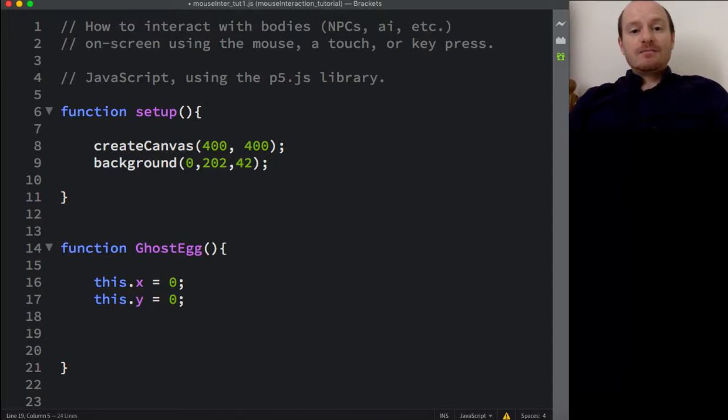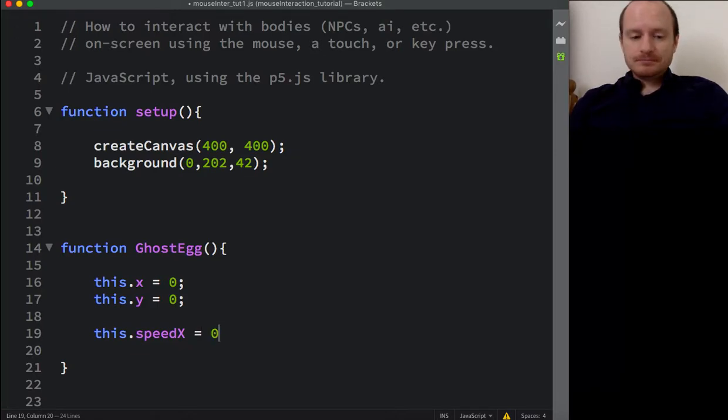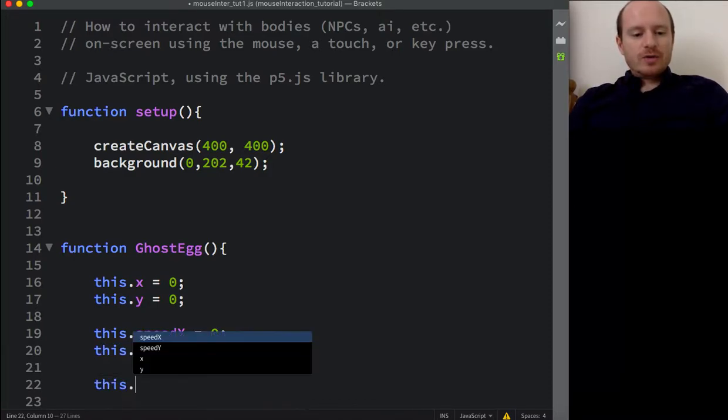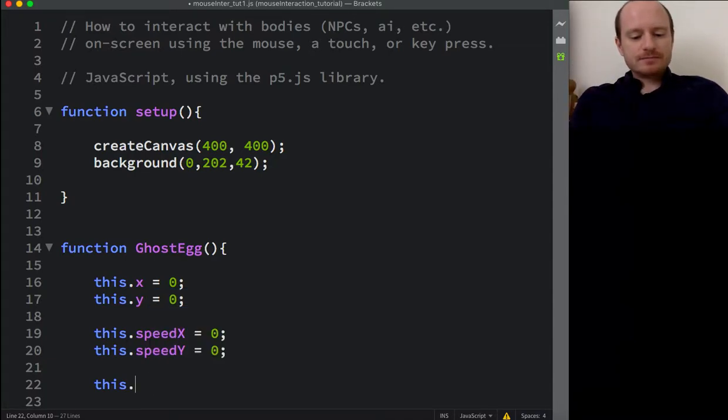So now we need a speed. We want to move it. So we want this speed X equals 0. So we don't get any problems. This speed Y equals 0. And now we want acceleration, or let's call it force. A force on the X, and then